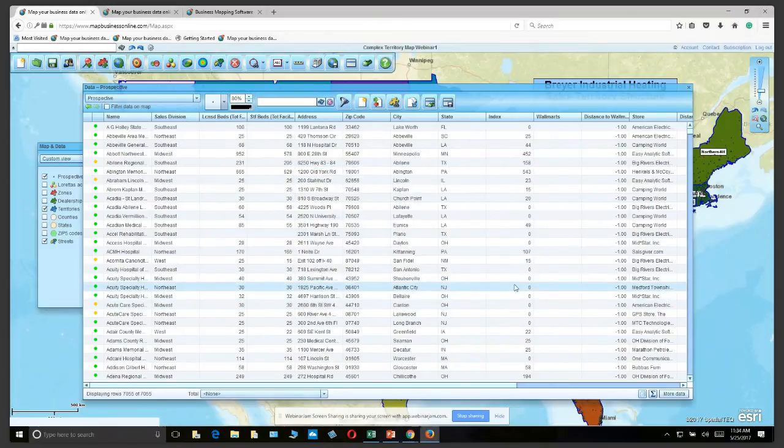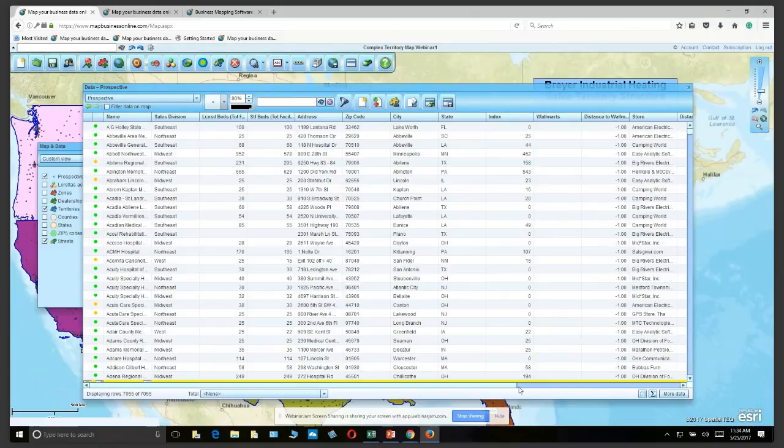And this is new. So before, you weren't able to easily get to that match of territory name to your data. But now you'll notice, if we go over here to the right with my scroll bar,